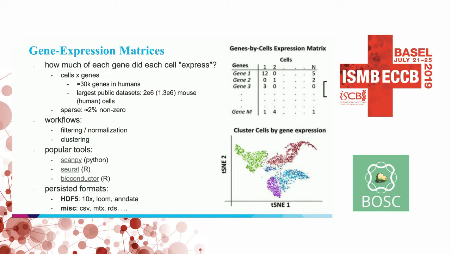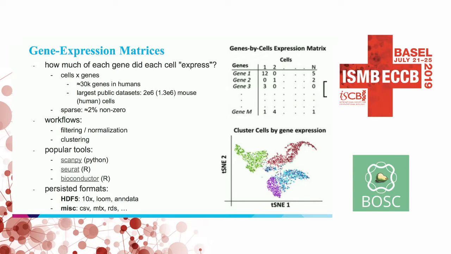When I talk about single-cell data, I'm basically starting from the gene expression matrix, which is like a giant sparse matrix of cells by genes with just a number indicating how much each cell in a population was expressing a given gene. We have increasingly large data sets of this form. There's a whole upstream processing part involving going from reads to these matrices that I'm just assuming is standard. I'm not covering that here, but